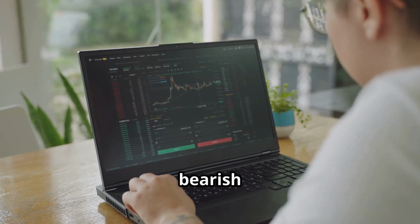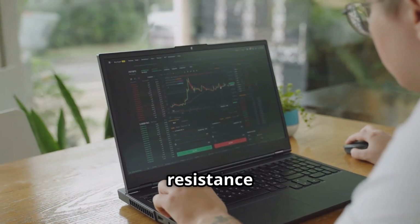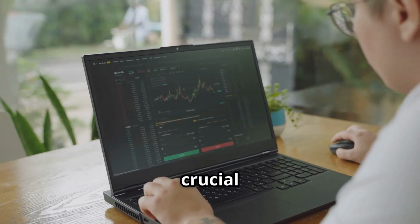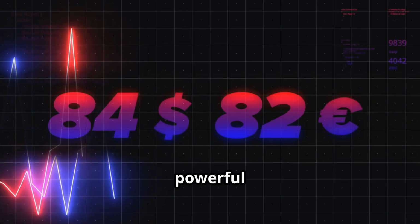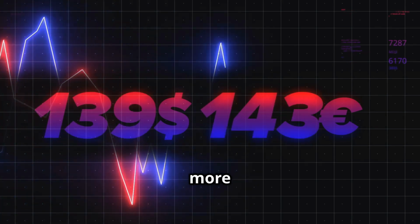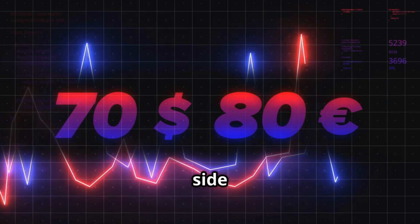To strengthen our bearish case, let's take a closer look at the price structure forming at this key resistance level. Understanding the story behind the price action is crucial for anticipating what might come next. Here, we spot a classic double top, a powerful visual representation of failed ambition in the market. This pattern is more than just two peaks, it's a battle between buyers and sellers with each side testing their